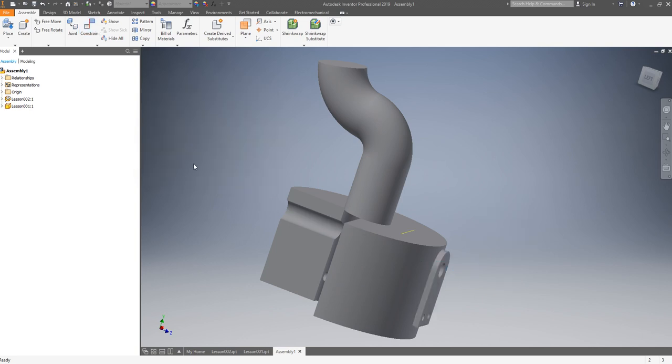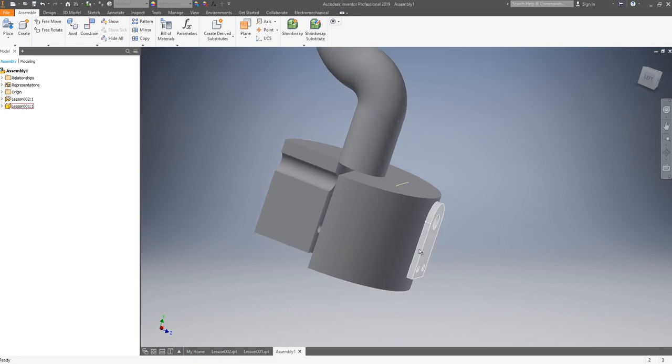Click OK. Nice. Now, once we put the first constraint, we can check how many degrees of freedom left. Basically, we can see it can move this direction along the axis, and it can rotate or spin around the axis.